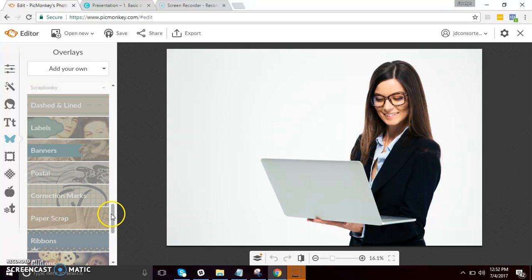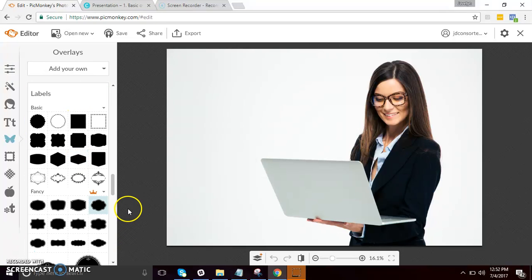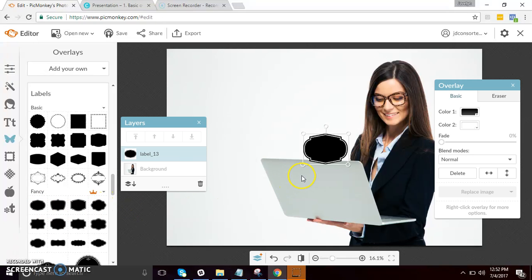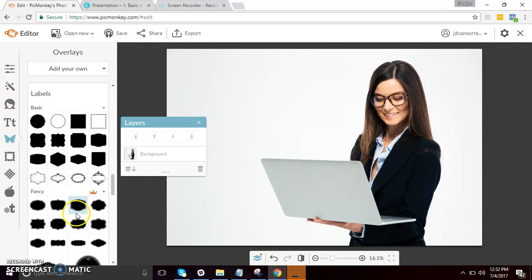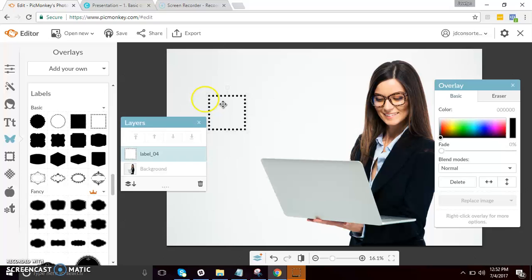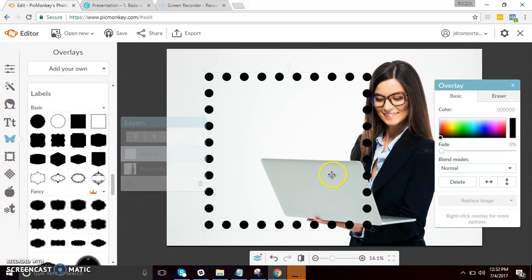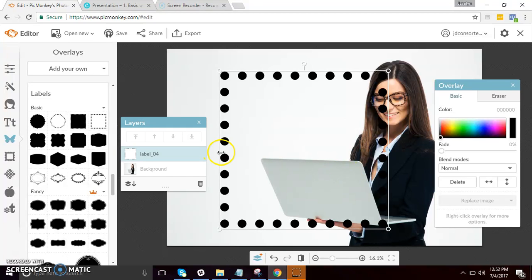Okay, so for example, we're going to add a label. Click on a label that you like. Yes, it looks good. And stretch it according to the size that you like.